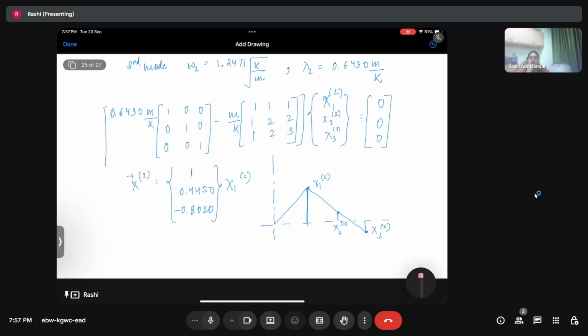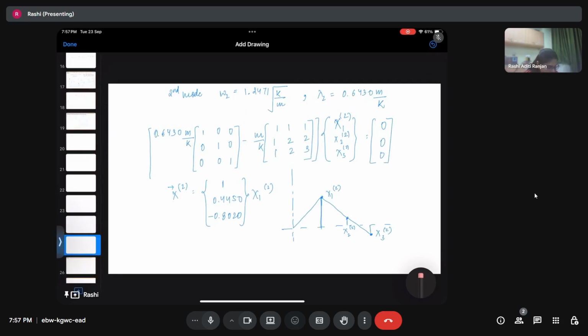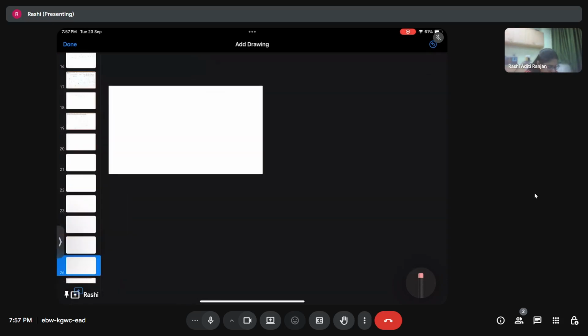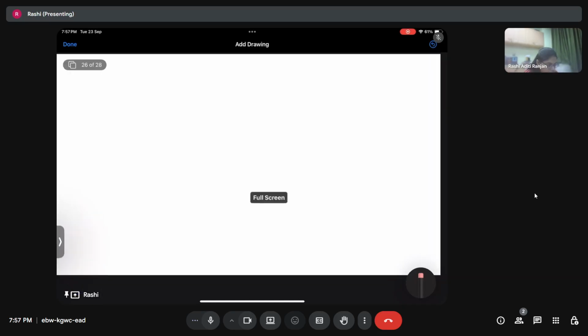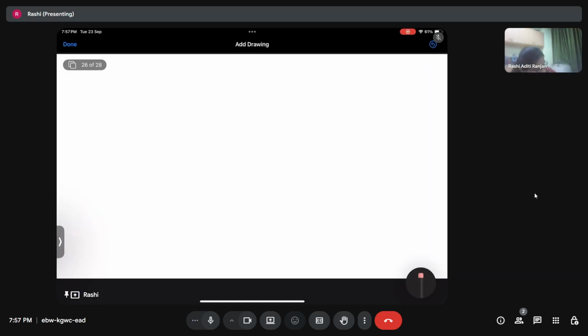So for a displacement of x1 of 2 for the mass m1, the second mass is going to have a fraction of its displacement in the same direction, and the third mass is going to have around 80% of the amplitude of displacement, but in the negative direction of where x1 is going. So first two masses are going to be in the same direction, and the third mass is going to be in the negative direction of the first two. This is the second mode shape. And the third mode shape,